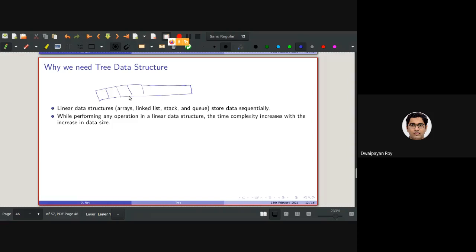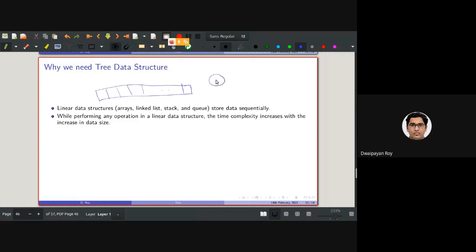For the time being, let me just tell you why binary search is also time consuming. Because of dynamic data. Consider you have this array and it is sorted. As you may know, for using binary search, we need to have a sorted array. Now consider this array is sorted, but a new element comes.